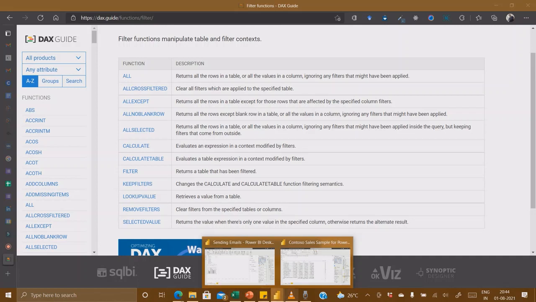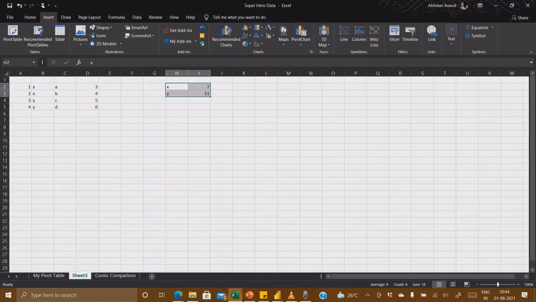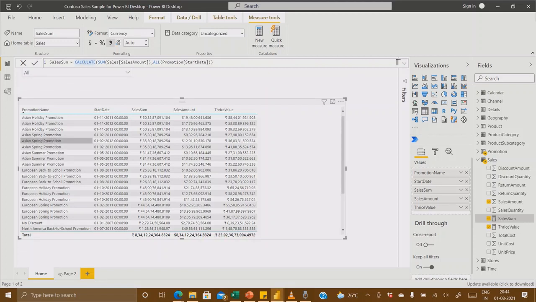It will edit only this part of the filter. So for example, whatever filter is in our table or in our visual, right now it is a table, but it can be a pie chart or a bar chart or anything, each x-axis or y-axis or each row, however you see it.